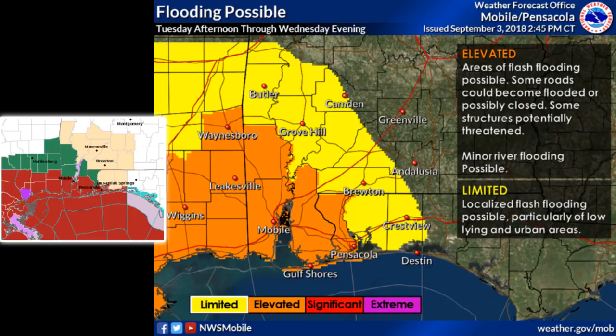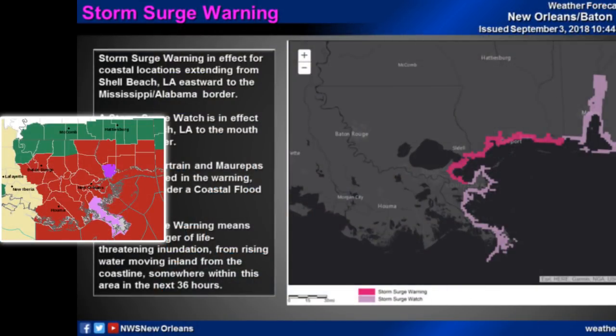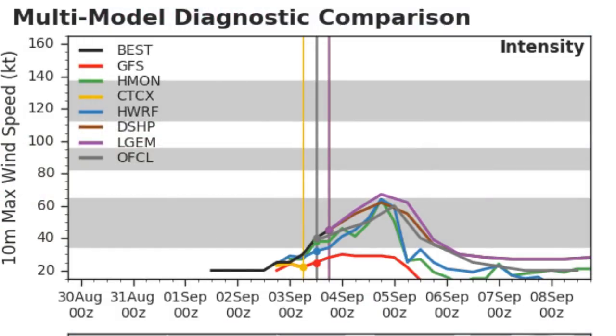And finally we'll be looking at New Orleans, the storm surge warnings there, and you can see on the graphic there all those tropical storm warnings in the reddish zone extending quite a few counties inland, and the flash flood watch extending even further inland. This is what the latest models are saying. Generally it's really coming together now in terms of those models, pretty much a consensus apart from the GFS